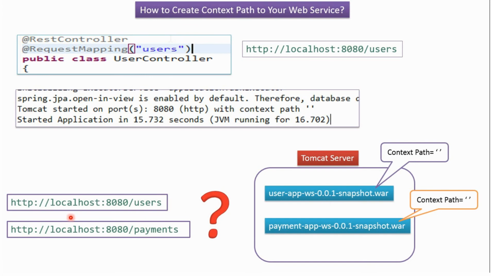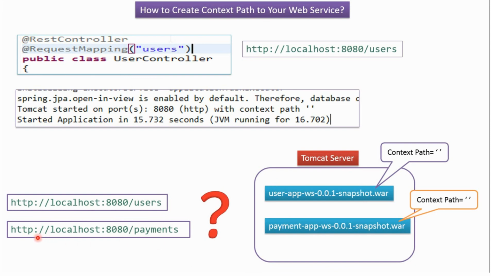In that case, if you are using this URL without context path, then the Tomcat server doesn't know whether to route this request to this application or this application.